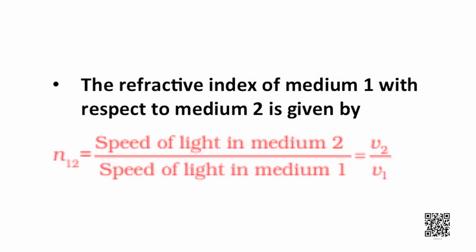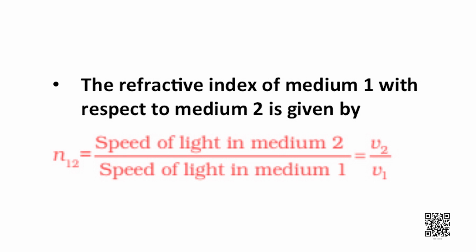In a similar manner, the refractive index of medium 1 with respect to medium 2 is represented as N12 and is given by N12 equal to speed of light in medium 2 upon speed of light in medium 1, equal to V2 upon V1. Since we in general study the refraction occurring from air to other media, so we may